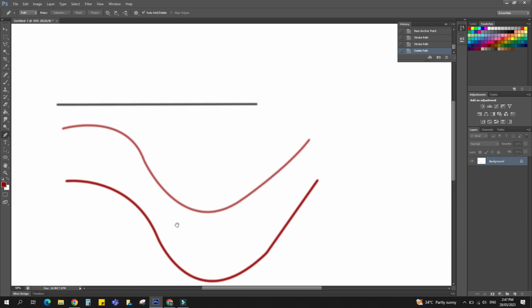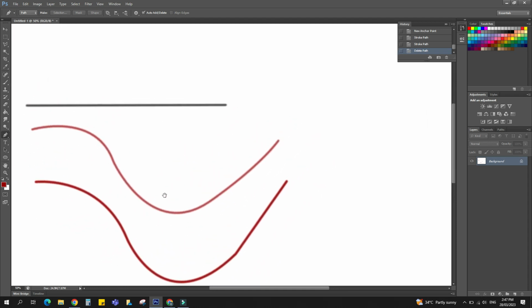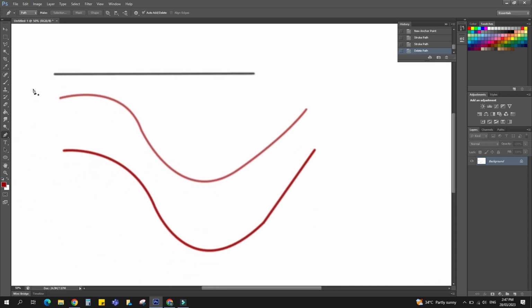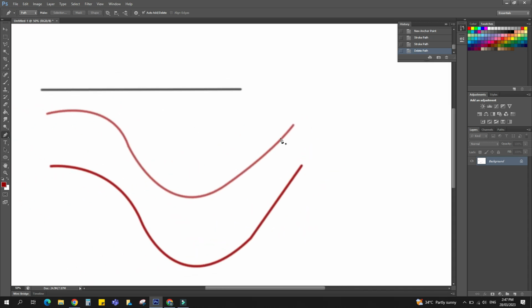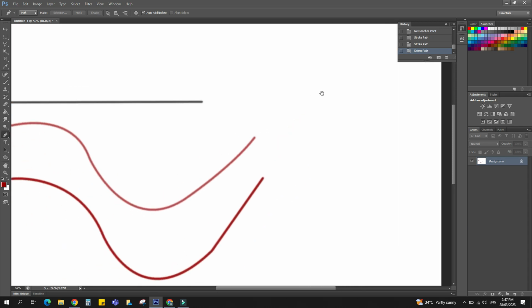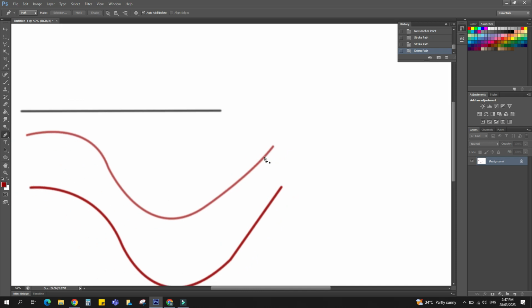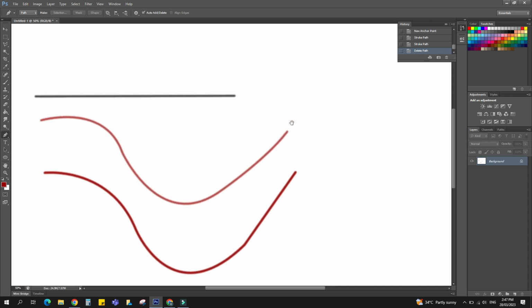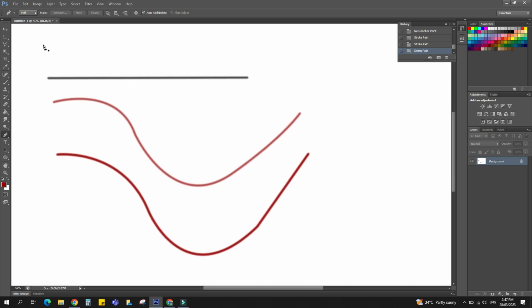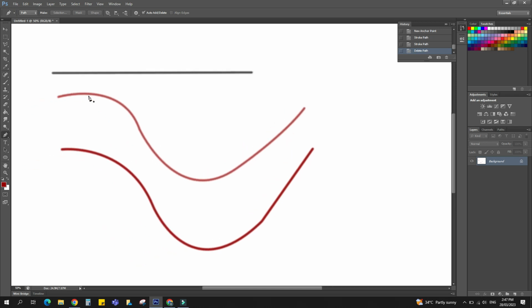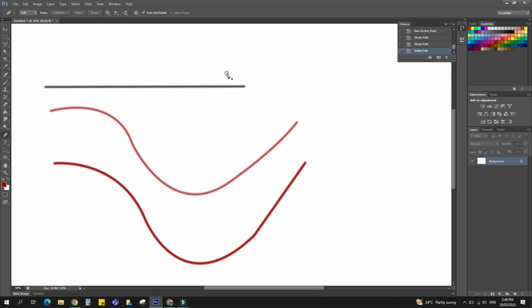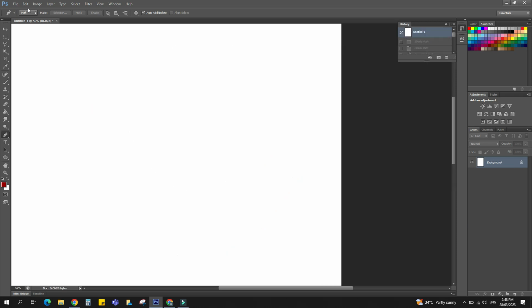So this is an example of using the pen tool to create the line. But actually with a combination of these two, if you know how to make a selection using the pen tool and how to create lines also using the pen tool, you can combine them. Even using one tool, you can use both of them to create a rendering. So for example,